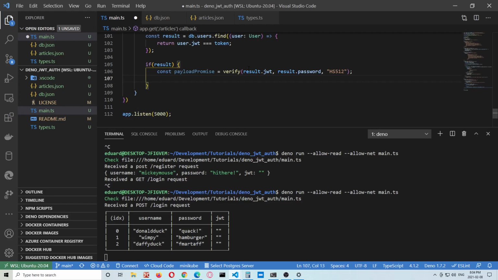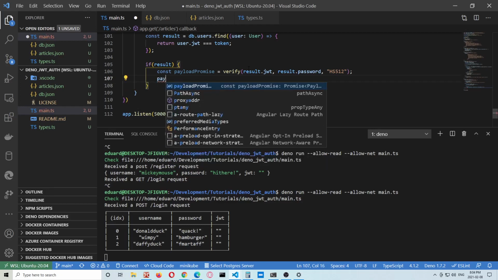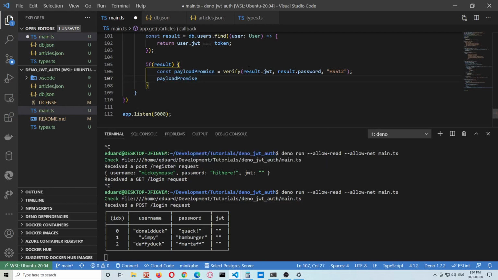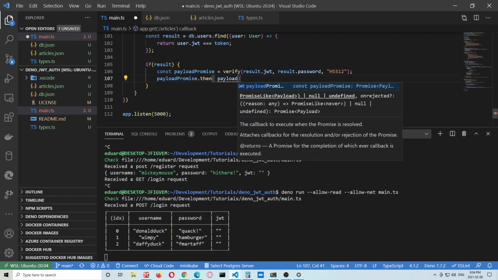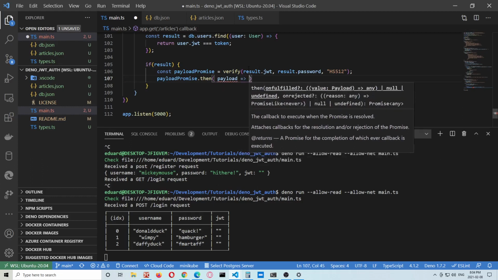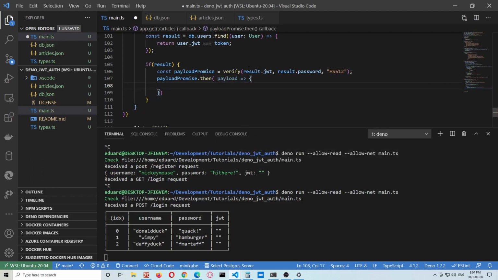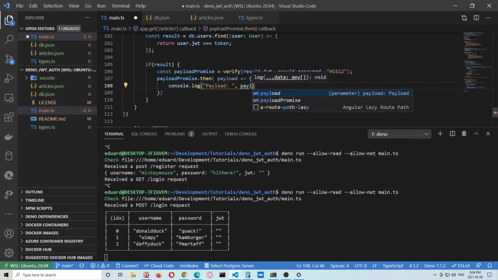Okay, and payload promise. When this is done, we are going to display what we have received, and we are going to say payload is payload,